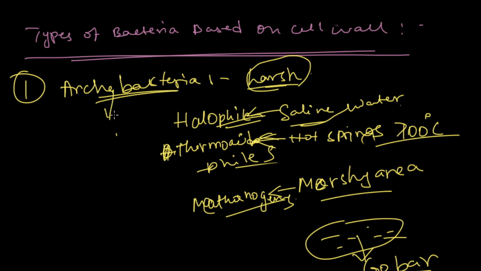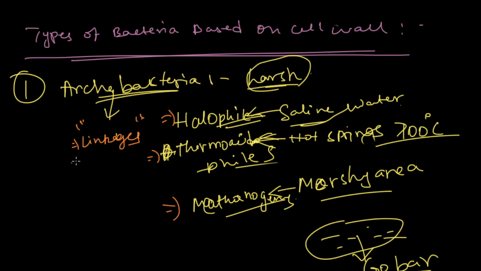Now these bacteria possess a peculiar type of cell wall, which contains linkages between the lipids. Generally, there is no linkage between lipids in the cell wall. We will be discussing in the cell chapter that the cell membrane is made up of lipids in the fluid mosaic structure. But there are linkages between those lipids. So due to these linkages, the cell wall is much stronger, and that is why they are able to live in no life conditions.